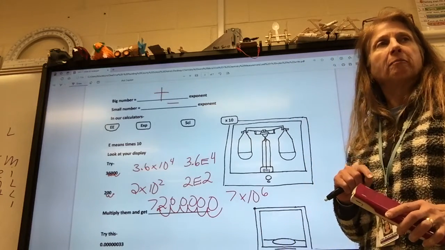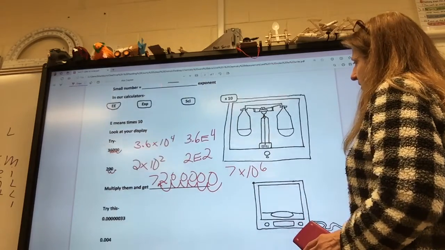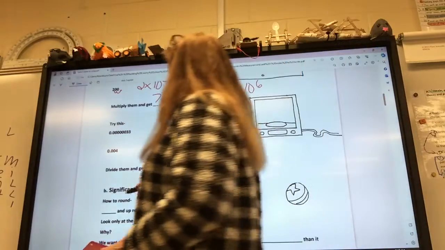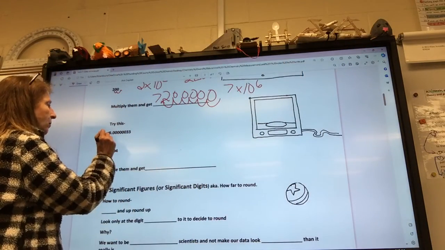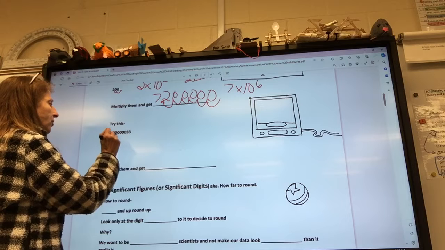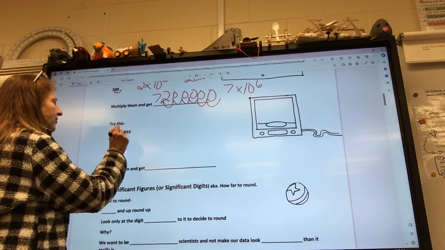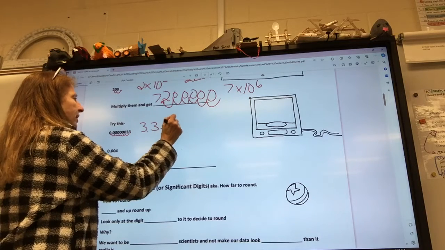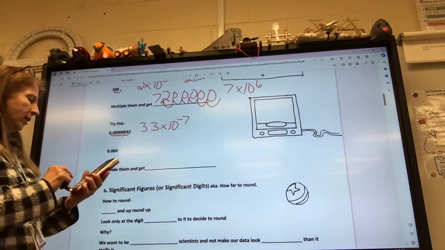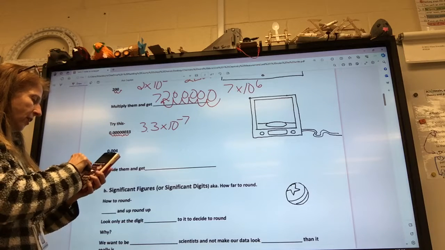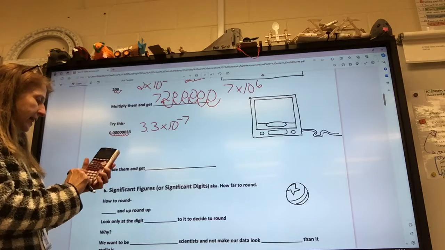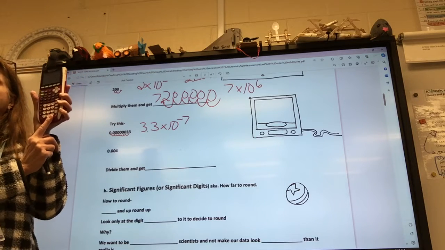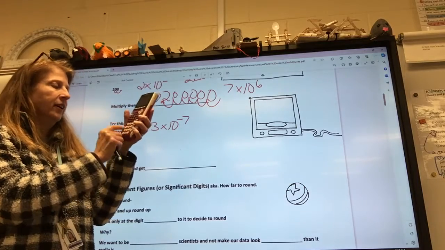Okay. All right, y'all ready to move on? Feeling all right about this? This is not too hard, is it? All right. So let's try this one. Put this one in our calculator. First, we got to find out what it is in scientific notation. 1, 2, 3, 4, 5, 6, 7. So this is 3.3 times 10 to the negative 7th. I put it on my calculator: 3.3 second EE negative. The little negative sign's right down here on the bottom, not minus. You'll get an error on your calculator. It's negative 7.